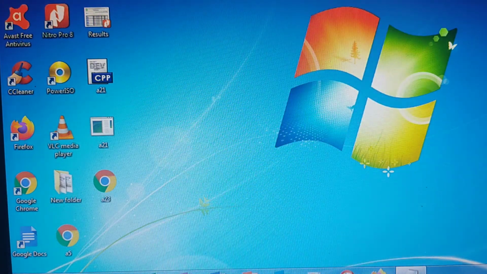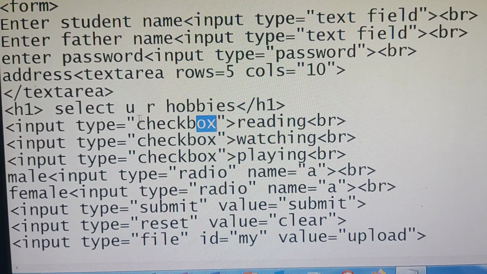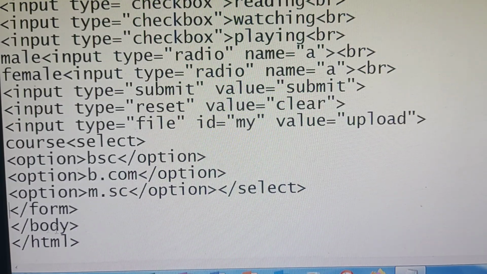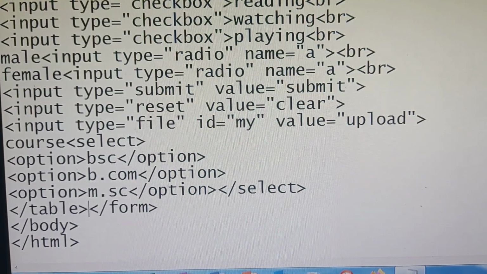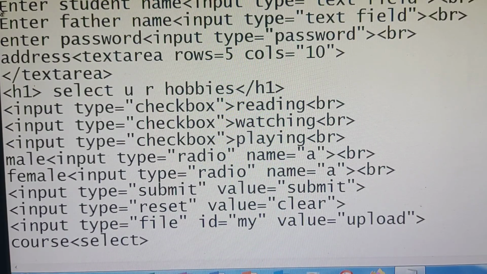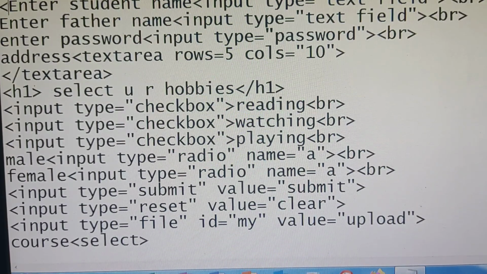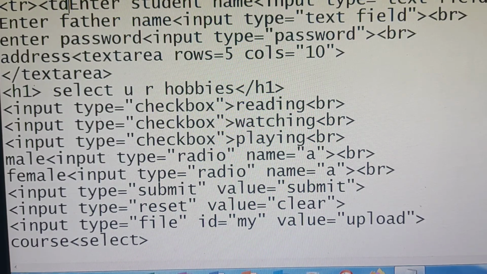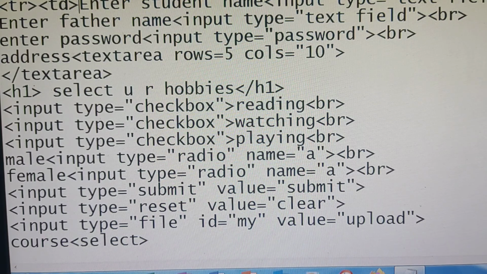So here whatever code is there, I am just opening this code. This is a simple form now. After this, here I am opening a table. Next, at last, I am closing the table. Now, after this, enter here. I am starting a row. Next, in the first row, table one, first column. This is the first column.